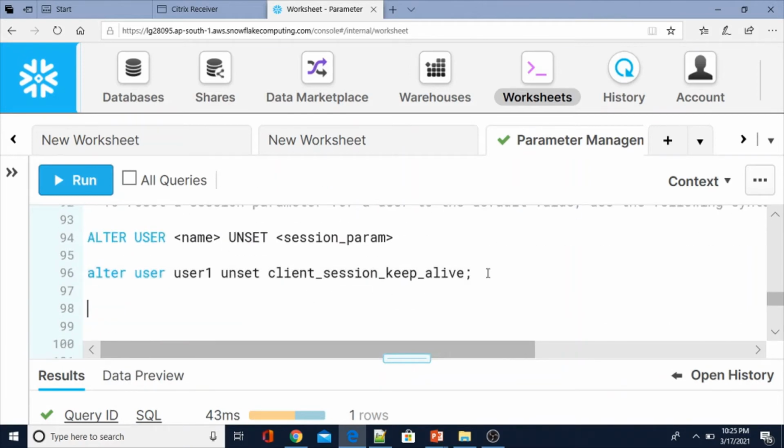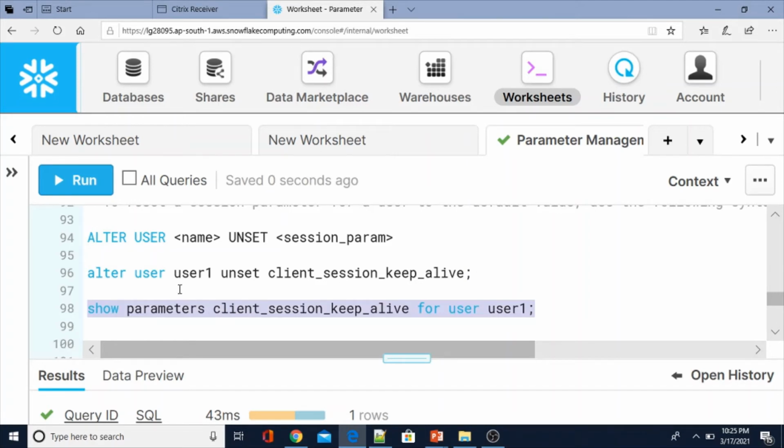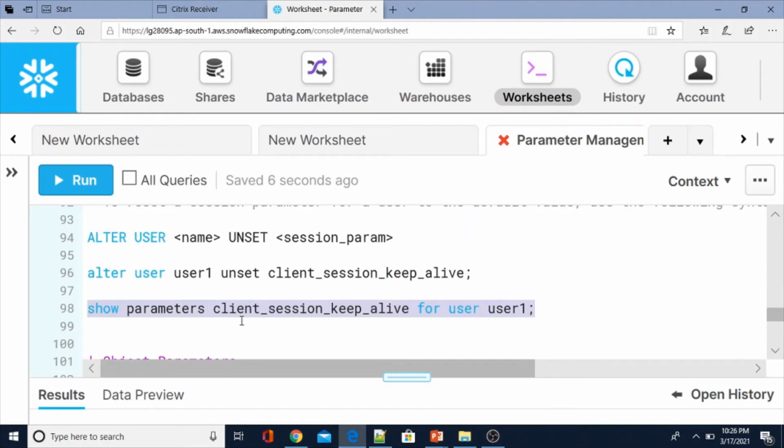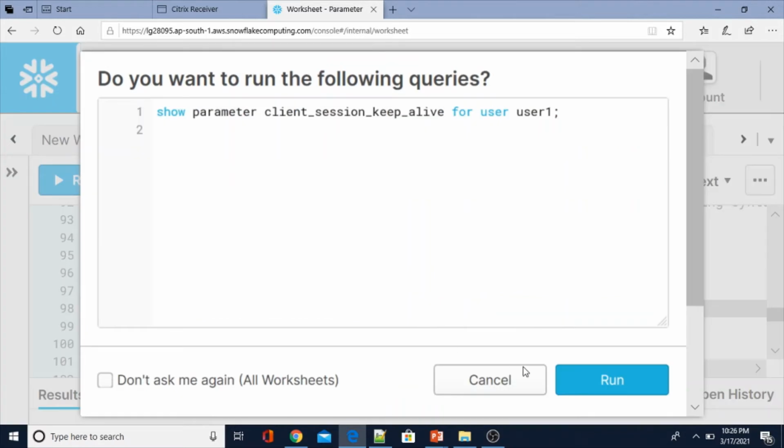So now we will see show parameters in for user1. Now I am trying without the like command. Even though show parameters, let me just execute without like.